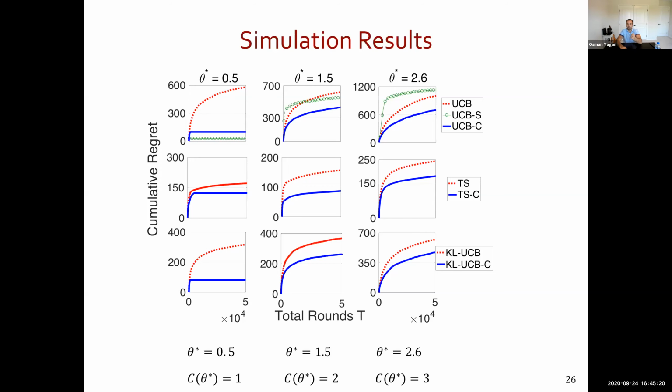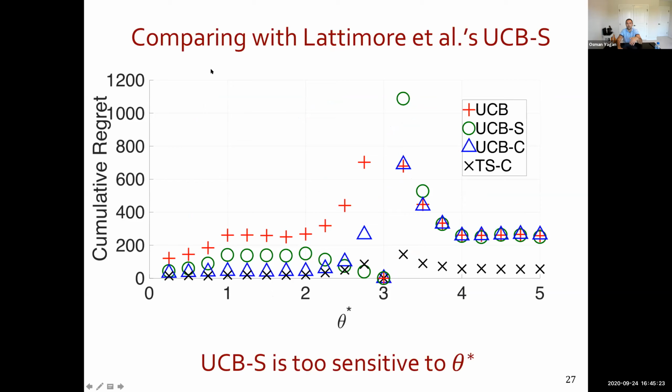To see this better, what we have done here is the plot with cumulative regret after a certain number of rounds has been played. So we took that sufficiently large, and we looked at the cumulative regret across different algorithms as a function of the hidden value theta. If you think about it, what happens in reality is you are given the structure of the problem, but you are not told what the theta is. And you have to play one of these algorithms, and depending on where the theta lies, face one of these regret values associated with that theta.